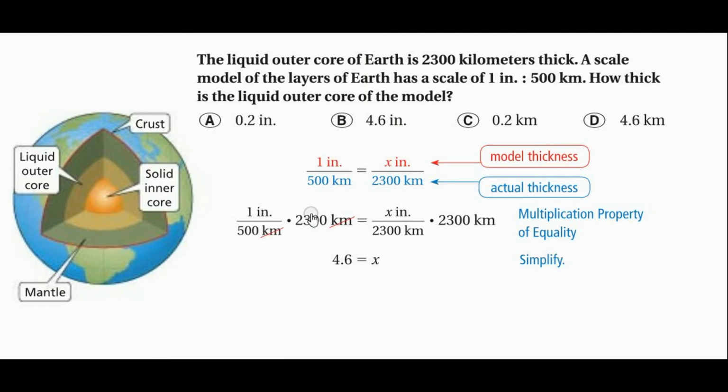We can put this 2,300 over a 1, and we multiply our numerator times our numerator, our denominator times our denominator, which is 500 times 1. And we end up with the value on the left side in inches, which is what we really need it to be. And it's 4.6 when you run it through your calculator. So in a nutshell, that's a review of using scale factors to help you solve for missing information in your work, whether it's